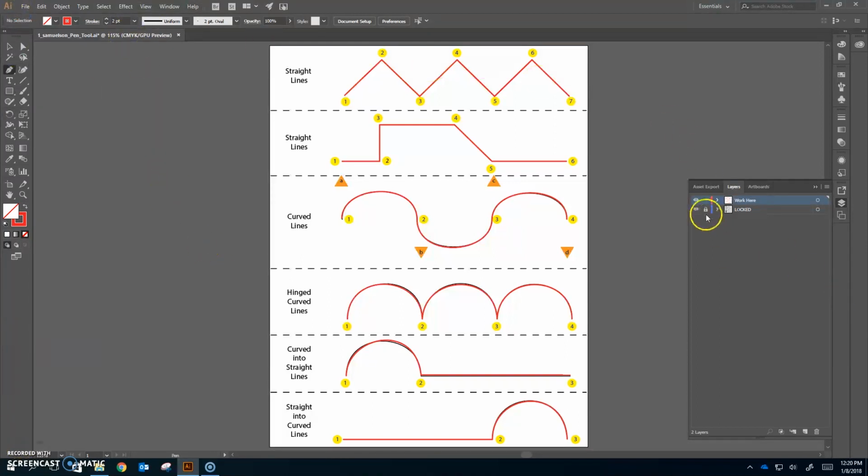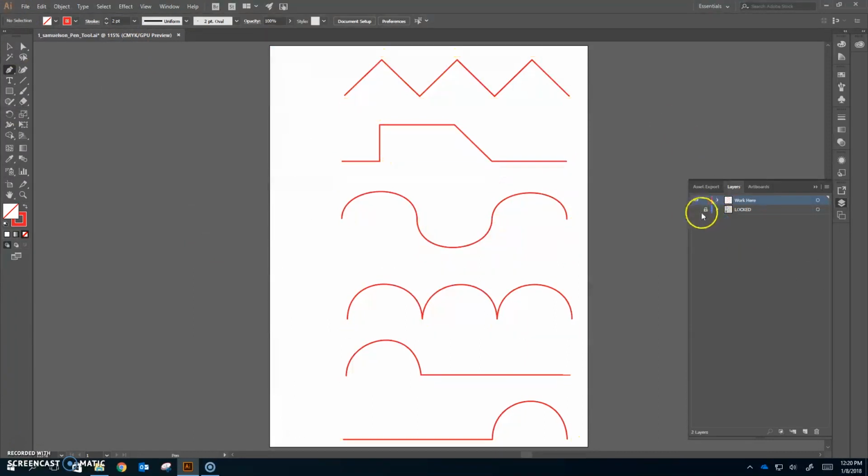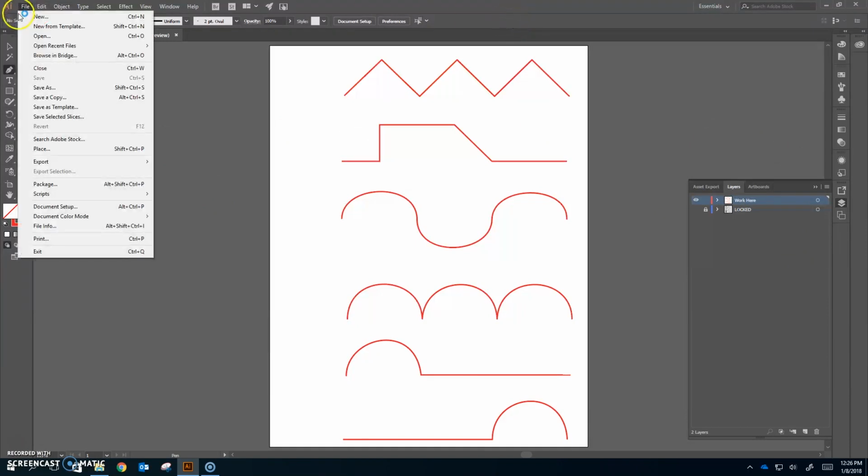So now that that part is done, I'm going to go ahead and hide the eyeball on that bottom one. Just go ahead and do a Control S to save. That's going to save the Illustrator file so that you have something to go back to and edit, okay, if you needed to. And once you have it saved as an Illustrator file, then you're going to want to go to File, and you are going to do an export, save for web,